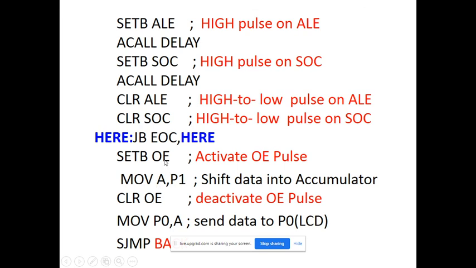Then deactivate OE. Once your data is read by the controller and taken into the accumulator, that data is passed to the output device, for example the P0 port, where you are connecting an output device, either an LCD or a 7 segment display, and then SJMP back.